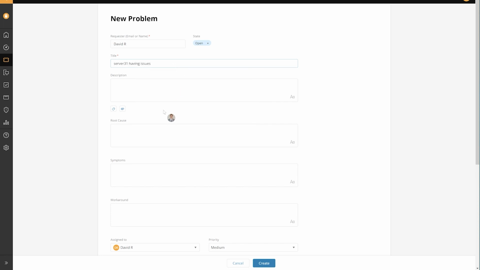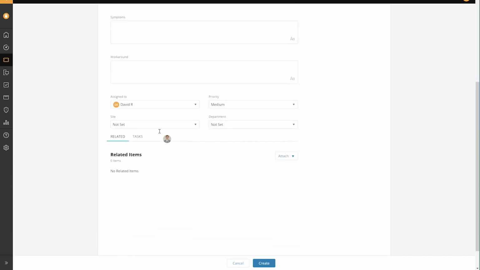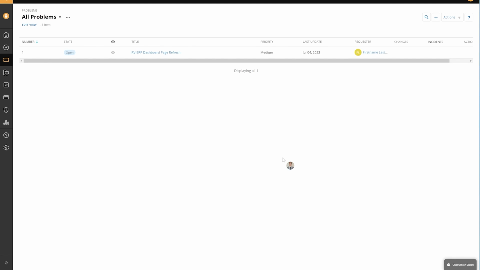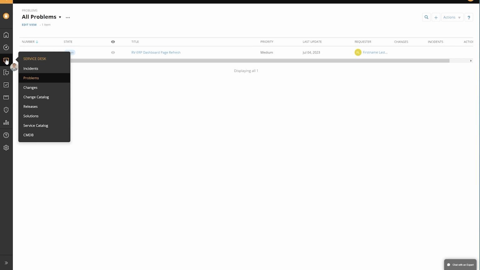Obviously, you'd want to get a bit more detailed in here, but what's the root cause? What are the symptoms we're seeing? What are the workarounds? Additional data points, custom fields live in the problem record too. So if we want to know the processes affected, the people affected, the product or vendor that's involved in this, all those data points can be captured within the problem record. And then you'll see the related items there too, where we can add the asset, add the original ticket. And that kind of brings us to that next step, the changes.